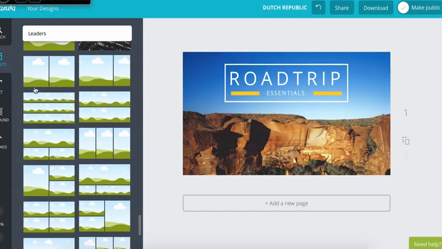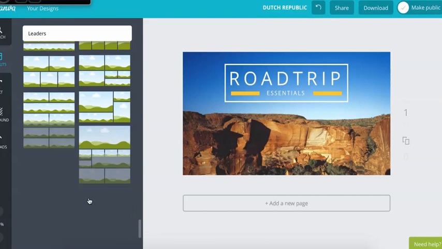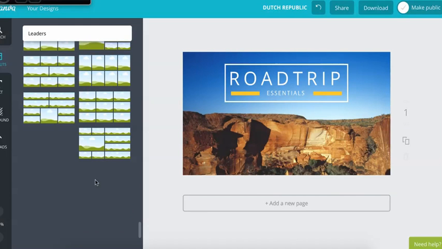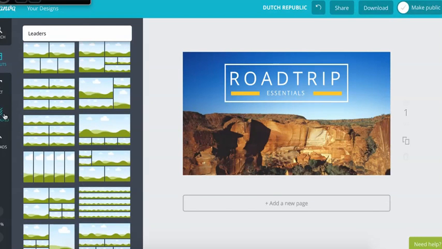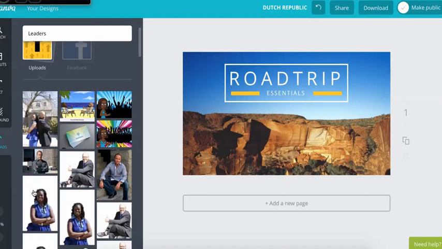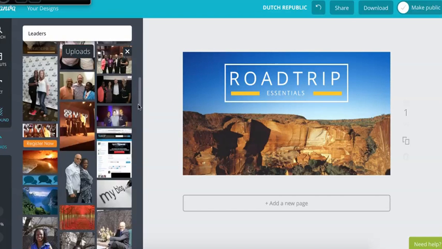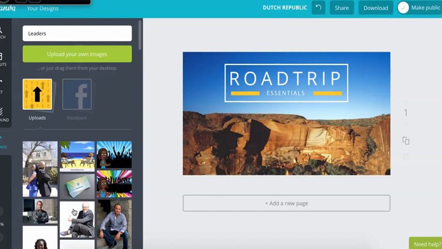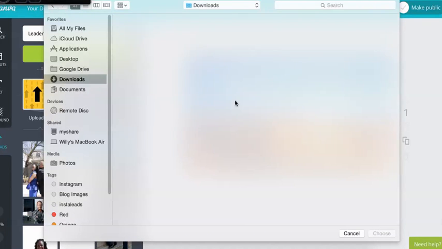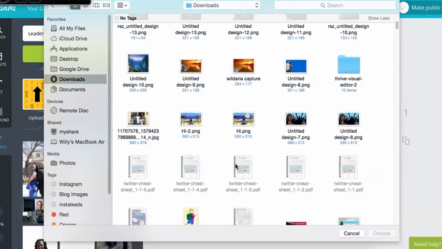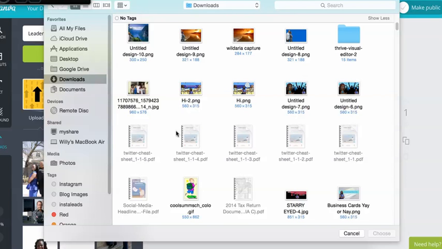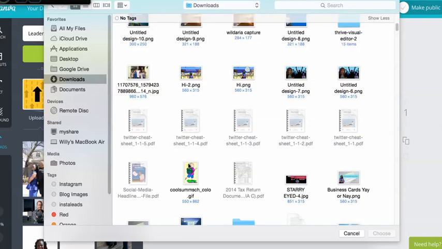Oh, and then you have these templates where you can put pictures in. So depending on what you're doing, you might want to put a lot of images or photos in these templates here. Okay, so I like to use the uploads. Now what's cool is I can go and upload any one of my own images, and a lot of times that's what I do. So I'm going to go to download. I got a bunch of images here that I want to use, and since I'm talking about leadership,